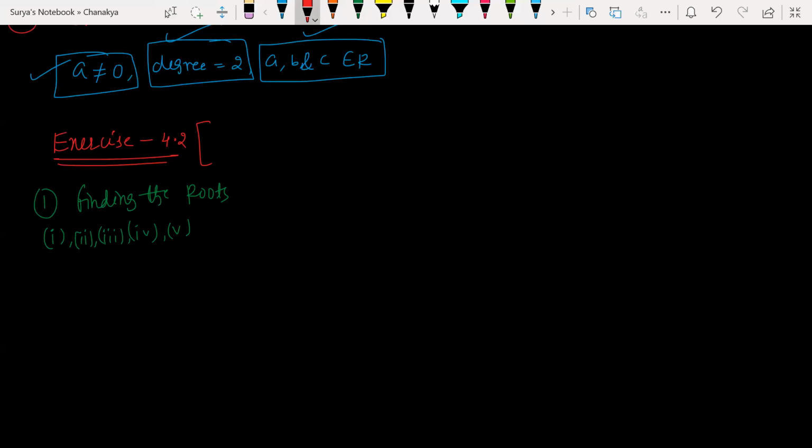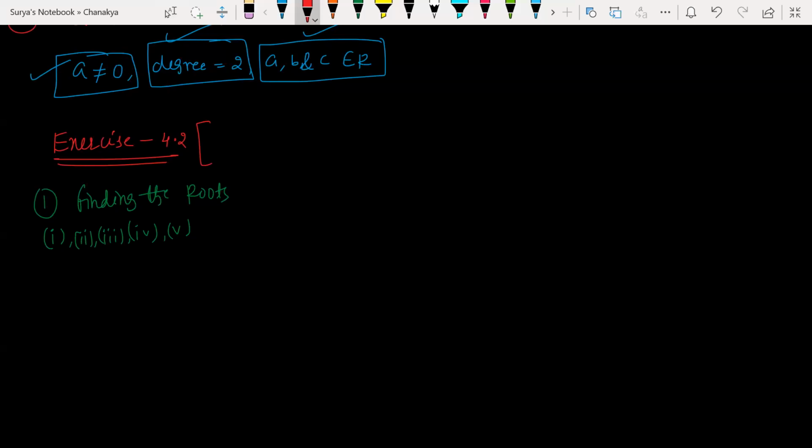The easy sums are finding the roots, checking whether it's a quadratic equation or not, finding the sum and product of roots, and, if they give roots, forming the quadratic equation. These are very basic questions, right? You can solve them by yourself, because we have already gone through very basic examples. Then finding the nature of roots: if D is less than 0, D is equal to 0, or D is greater than 0, we have different natures of roots. Already we have discussed this in earlier classes. Please go through your class notes and refer to them, then try to solve the exercise problems.